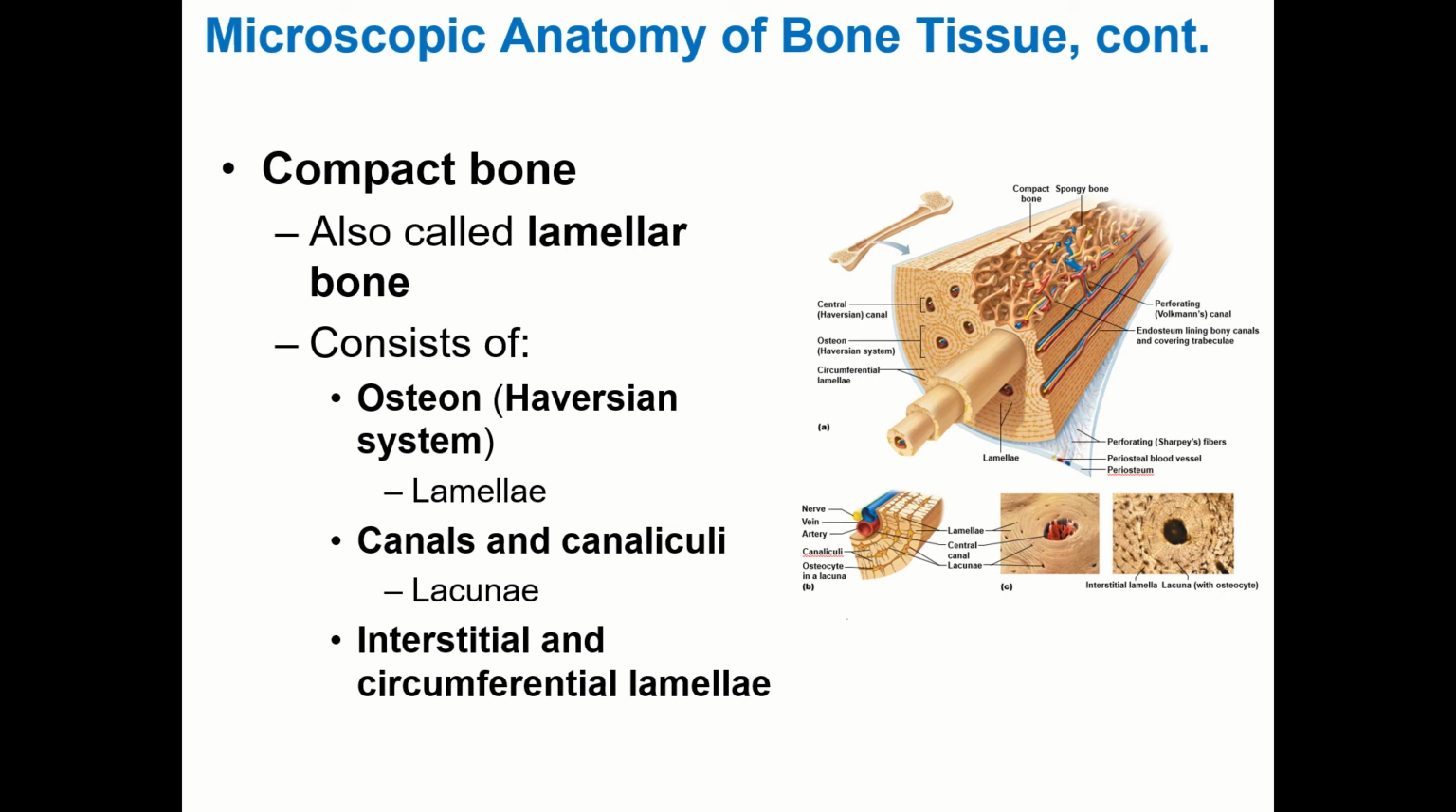And then you have what are referred to as Volkmann's canals, or the other name for them is perforating canals. And so those run at a 90-degree angle to those central canals. So the way that bone gets a lot of its circulation, so there are some arteries underneath